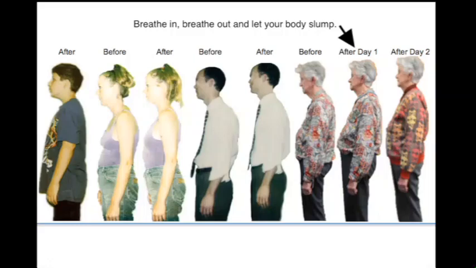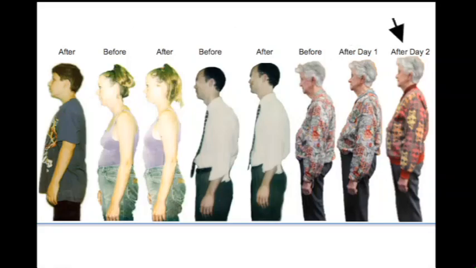In this particular person's case, you can see her body's leaning a little bit backward, but it's much more upright. It's not completely fixed up. Well, she had a lot of things stuck forward, worse than average. Here's that same woman after the second day. And by the way, this height thing here you see,